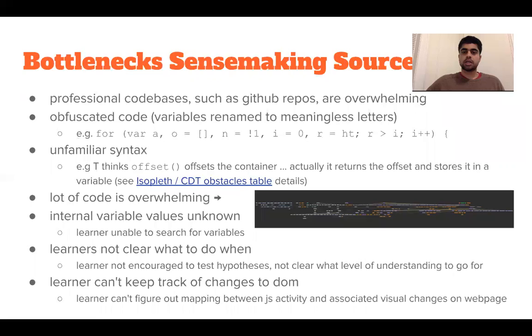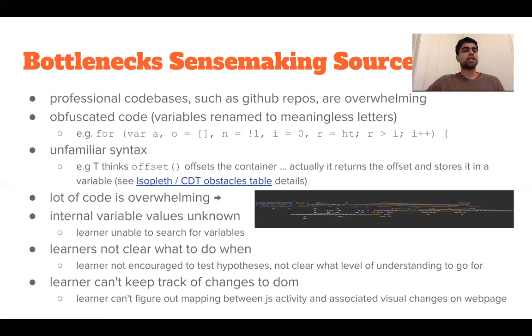What are the bottlenecks that are stopping learners from becoming professional developers? Well, we hypothesize that developers need to make sense of professional code before they can actually develop professional code. And we also think that reviewing professional code will be a great pedagogical exercise for developers before they get into replicating features that they're interested in building and eventually building their own applications that involve features from various different experiences that they were exposed to in the past.